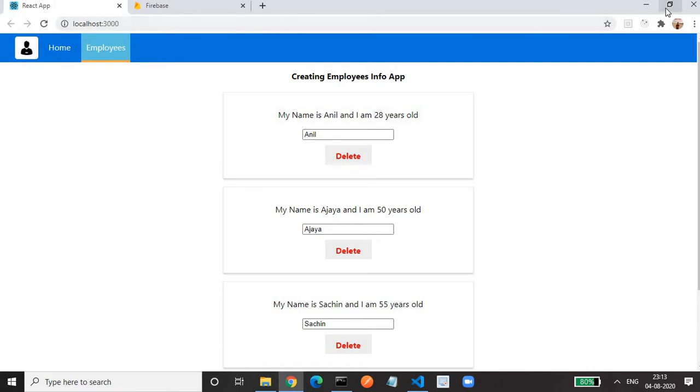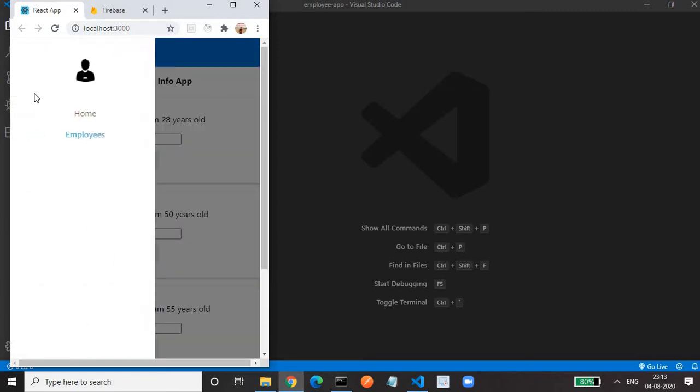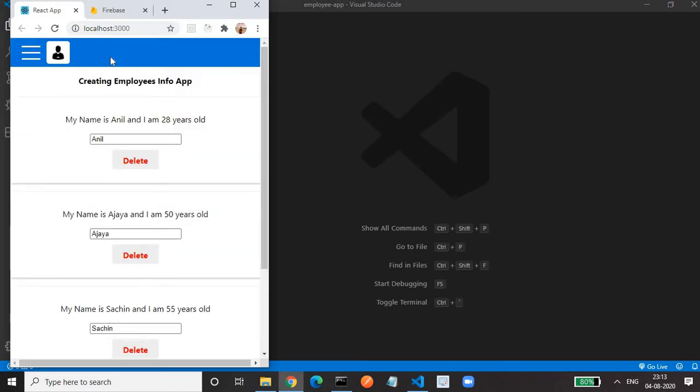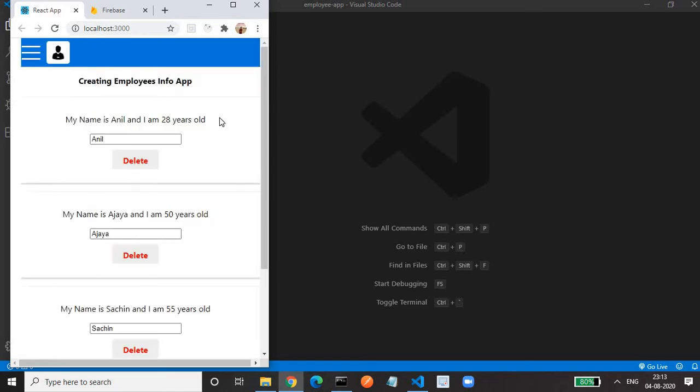Even for mobile devices, I have added the hamburger. If you see these 2 lines and click on them, you will get a side menu. On the mobile screen, the menu in the navigation bar gets hidden, and you get the navigation bar here, and the logo also. If you click here, the side menu gets closed. So these are some of the CSS I worked on.